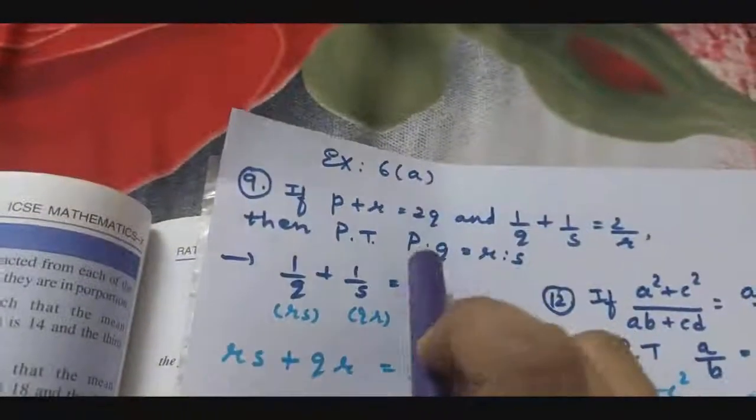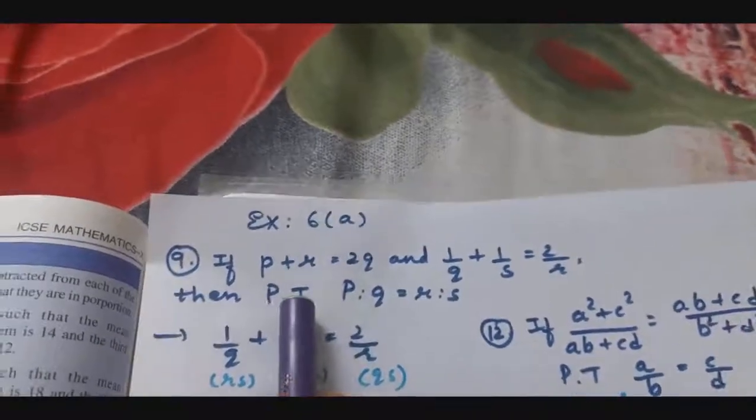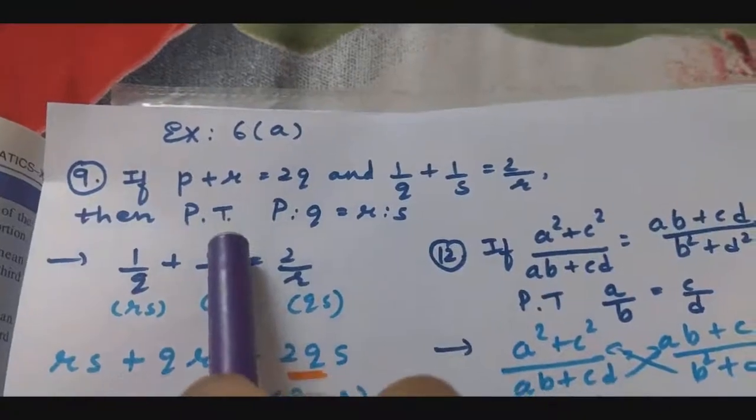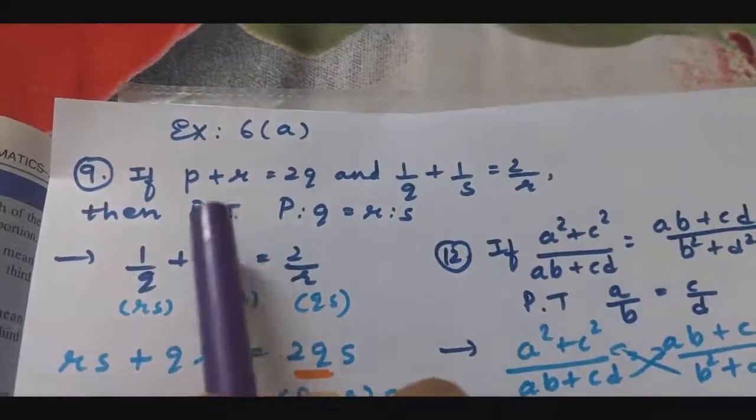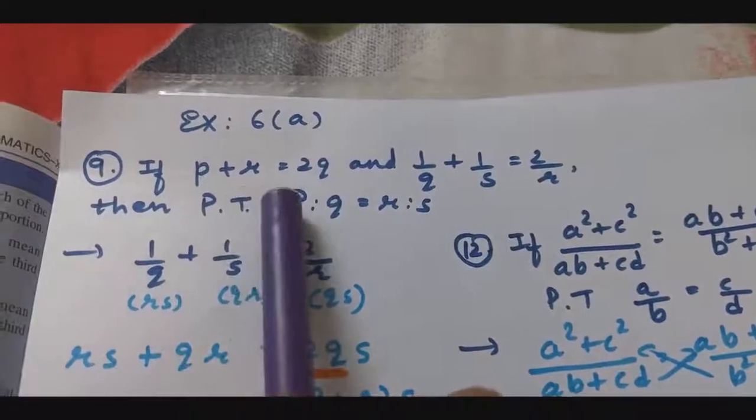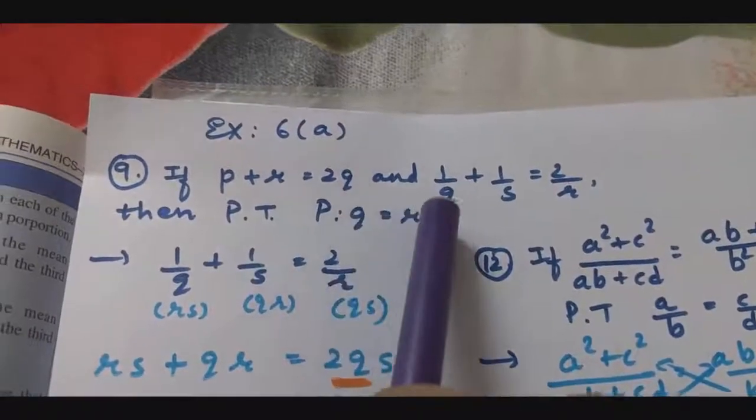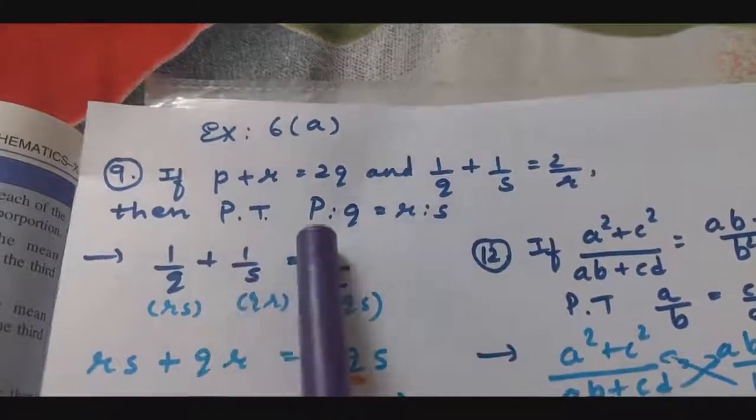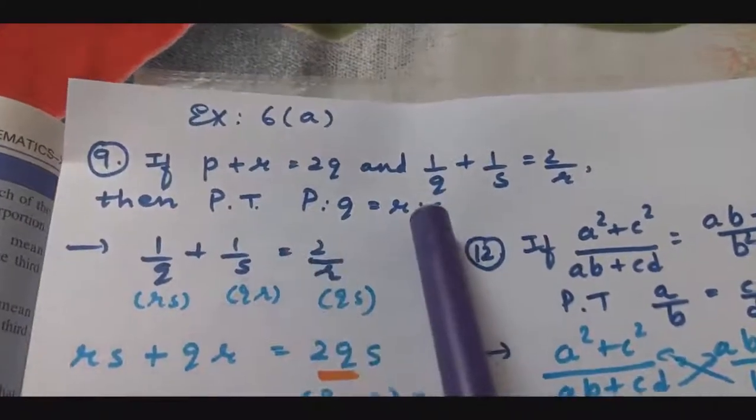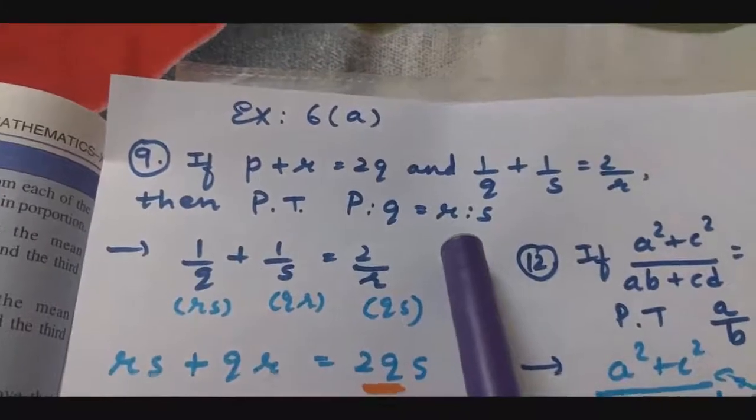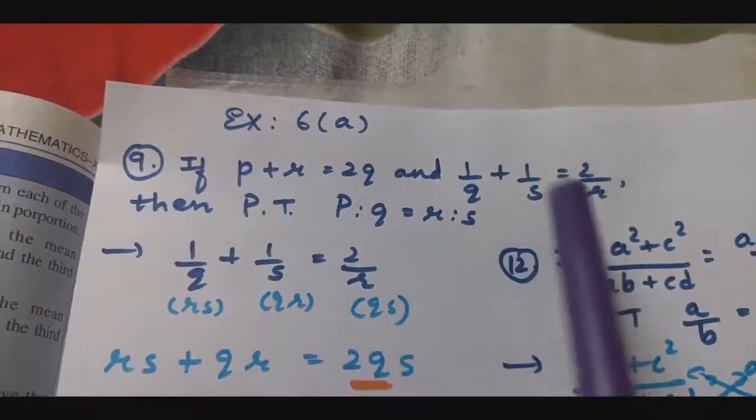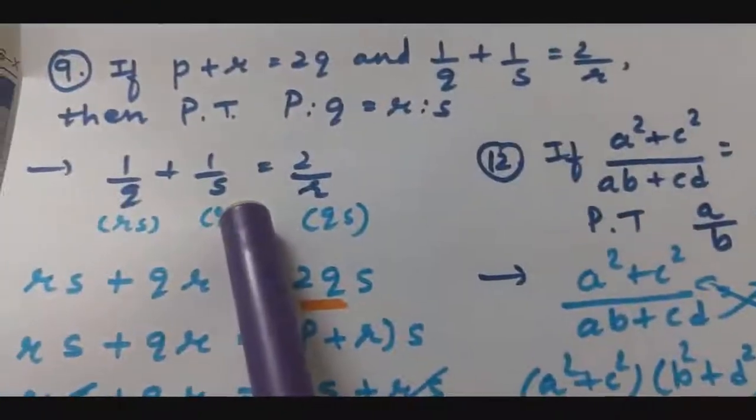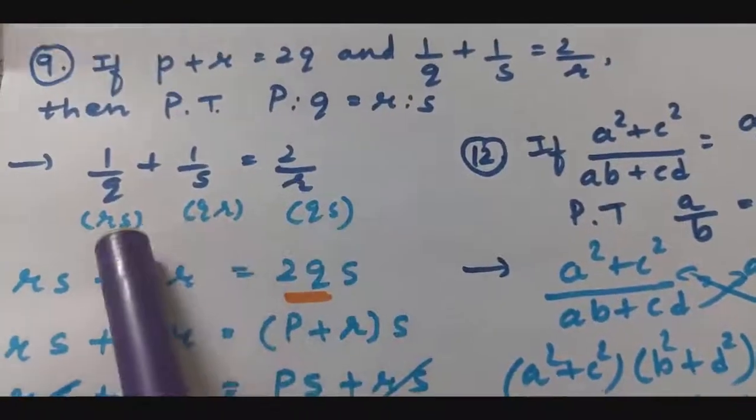In the last video we had some examples of exercise 6a. Now we will take some proofs from exercise 6a. Now here, if p plus r is equal to 2q and 1 by q plus 1 by s is equal to 2 by r, then prove that p ratio q is equal to r ratio s. So first I take this equation 1 by q plus 1 by s is equal to 2 by r. Taking LCM,